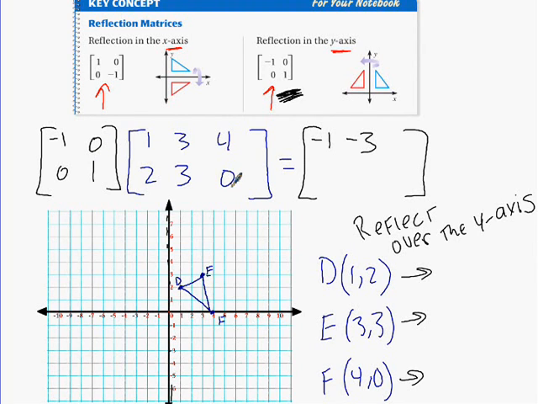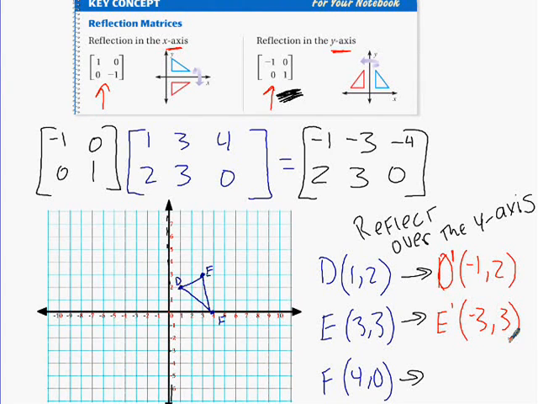Okay, and we end up saying 0, we use these now, 0 times 1 plus 1 times 2 is 2. 0 times 3 plus 1 times 3, which is 3. 0 times 4 plus 1 times 0 ends up being just 0. So then these are our new points. Okay, we end up getting D prime, oh, let's write this, D prime ends up being -1, 2. E prime ends up being -3, 3. And F prime ends up being